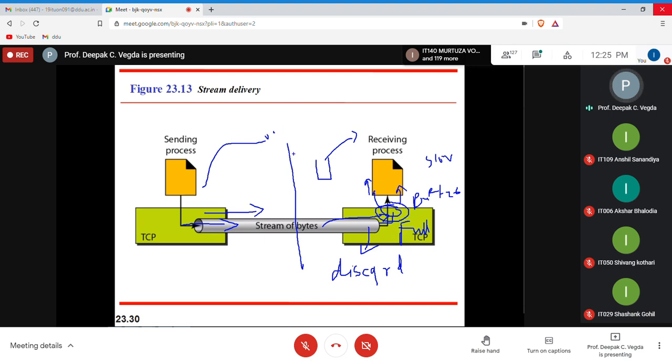So a time comes where your friend, who is slower, will take data and keep it in the buffer, take data and keep it in the buffer, while another person is processing at a slow speed. At a moment, your buffer will be fully full with all the balls. Now you cannot catch any other ball and keep it here. In that case, your data will be discarded. So that also we need to manage, and we'll see how TCP manages it.